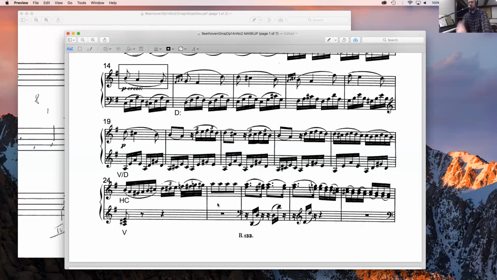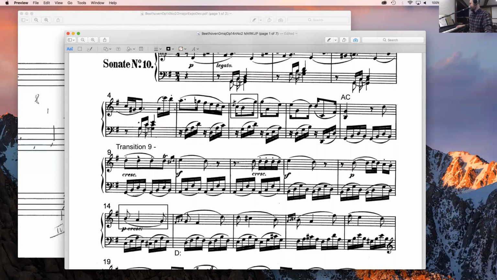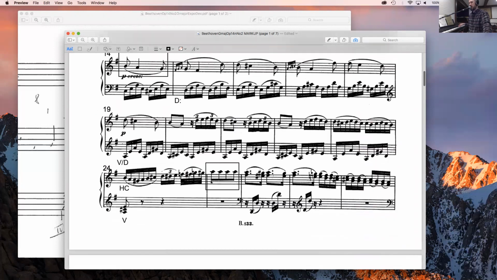And that's something, too, that we've seen before, right? Where is that coming from? Bum, bum, bum, bum. Well, it's the beginning of the transition, right? When we were back at the very beginning of the transition, what did we have? This repeated note idea, right? And so Beethoven is borrowing that here at the end of the transition to lead us into the secondary key